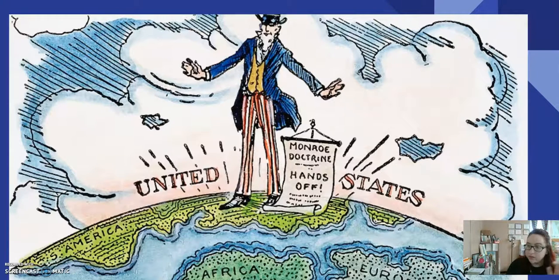Now, the funny part of that is we did not have this. Okay? The U.S. did not have a strong enough Navy. We did not have a strong enough military. There was literally no way we could have enforced the Monroe Doctrine. At the time that it was said, it was like, okay, yeah, all right. It's not until later that this is taken as a statement of belief and a statement of philosophy and even a statement of policy. That happens a little further down the line. So it had very, very little impact when it was actually first put out for Congress.